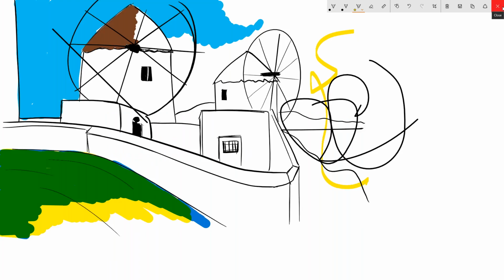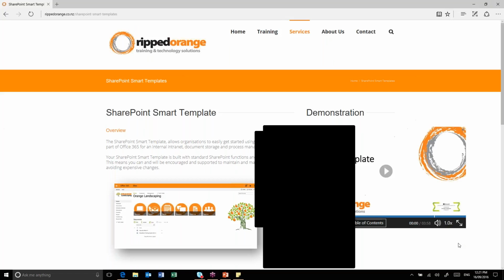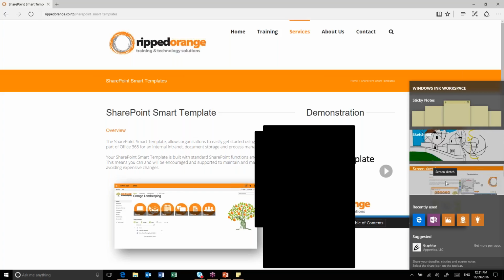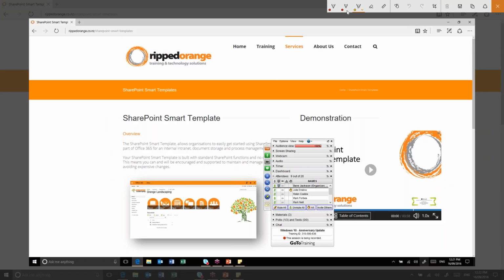So very similar to what you saw on Windows and Microsoft Edge. The last one that is quite useful, and we all use this, at least we at Ripped Orange do, is the screen sketch. So I can take a screenshot, and you'll see that it's automatically taken one, and I'm not sure, hopefully this is coming through as it jumps up different menus within GoToMeeting. I can sketch over it, I can copy it, I could then drop that into an email, I could save it as a file,